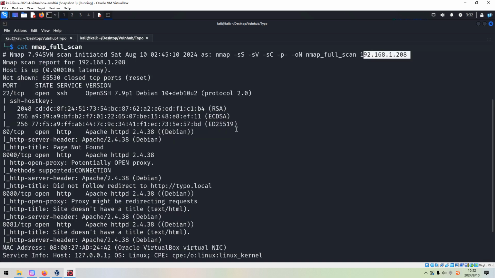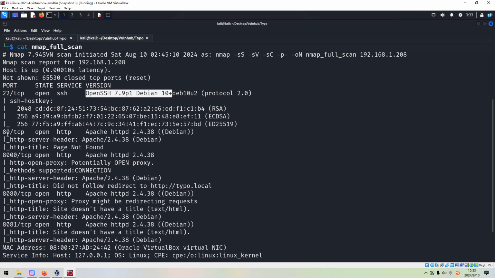So from the Nmap scanning results, we can tell that the target has 1, 2, 3, 4, 5 open port numbers in total. Let's look at them one by one. The first one is 22, which is running SSH service and also the version information. Although this version is not the updated version, I don't think we can find any vulnerability except the username enumeration vulnerability, which is not what we want at this moment.